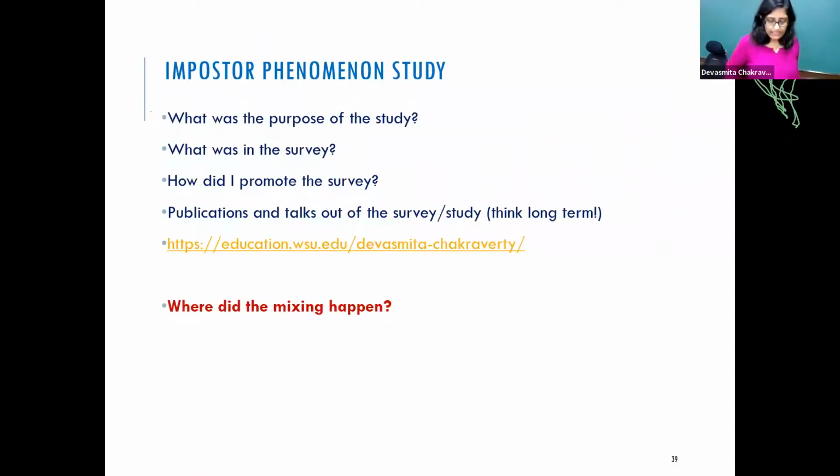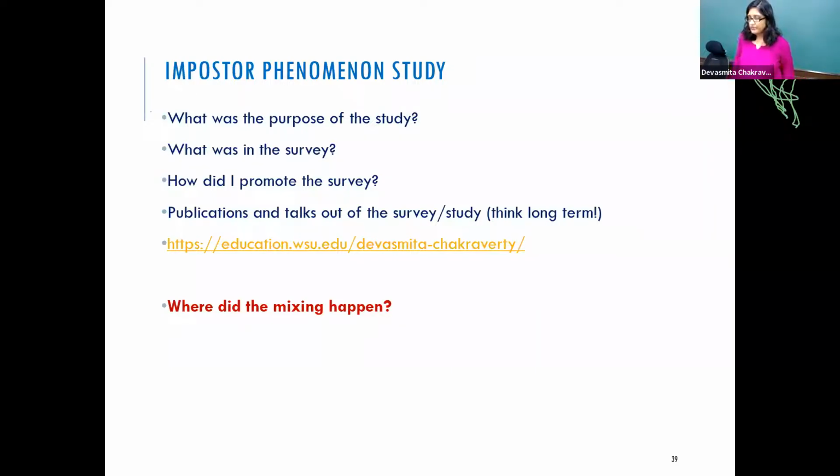Now, in 2017, I did a study on the imposter syndrome. It was quite simple in design. I wanted to see why certain people feel like imposters. Which people? People in STEM, science, technology, engineering, math, and people in medicine. What kind of people? Students, so PhD students, medical students, also postdocs, faculty, people who work in the industry. Why do they feel like imposters?